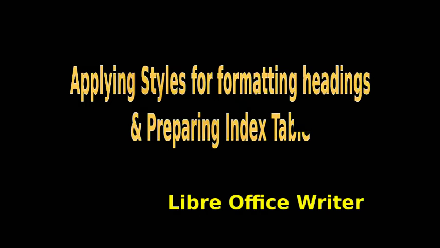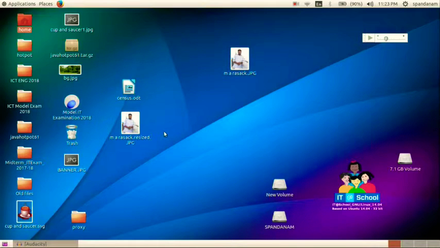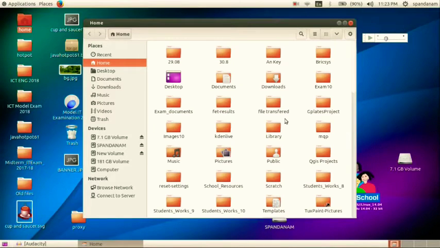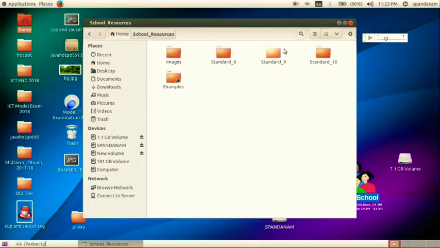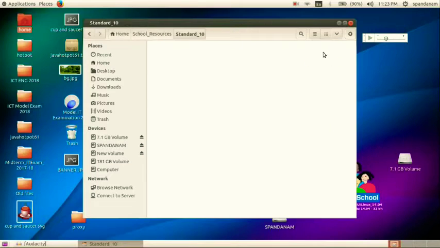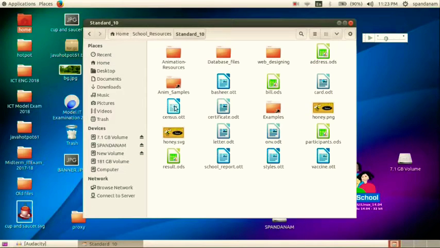Dear students, in this video, we are going to see how to apply styles for formatting the paragraph headings in a LibreOffice Writer document. Here, we are going to open the file from the folder. Here, in School Resources, Standard 10, I have a file census.ott